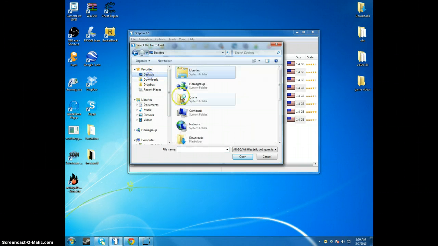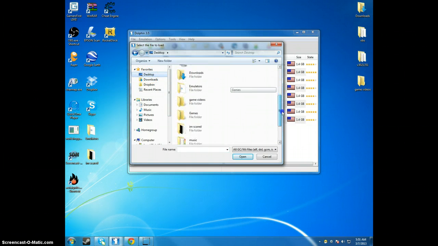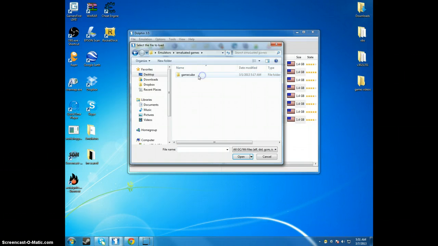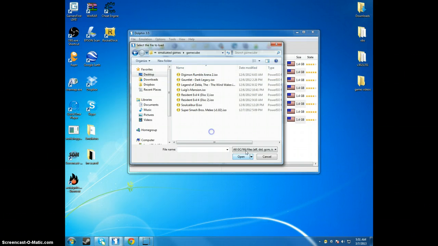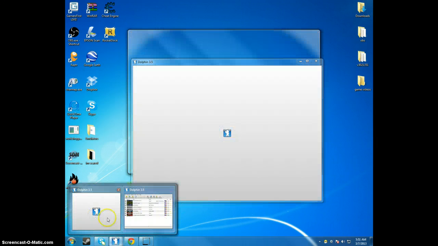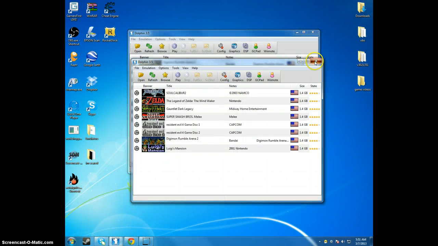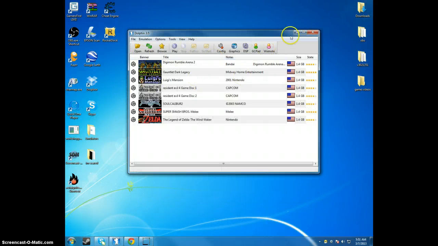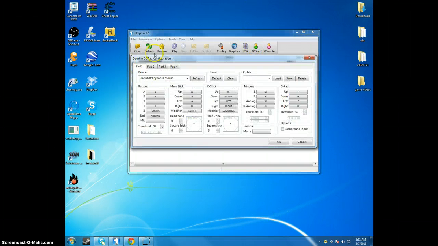And what I would do, since I made my own folder, is go to emulators, emulated games, and GameCube, and I would just do this folder. Once you do that, it'll come up and say scanning and verifying the games. It only takes about 10 seconds. And so moving on to the next is a GameCube pad,